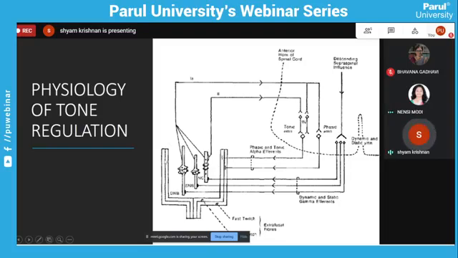So here the tuning fork shaped thing, this outermost layer that you see, is the extrafusal muscle fiber. And this is the intrafusal muscle fiber. Naturally it is represented one inside the other, the intrafusal muscle fibers being inside the extrafusal muscle fiber.